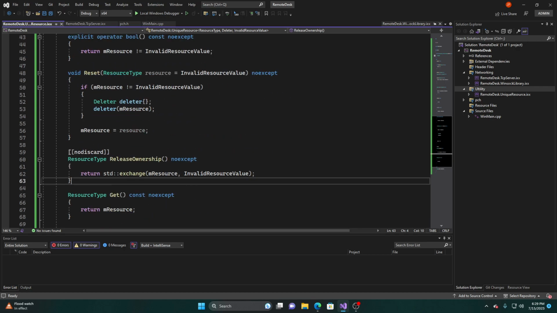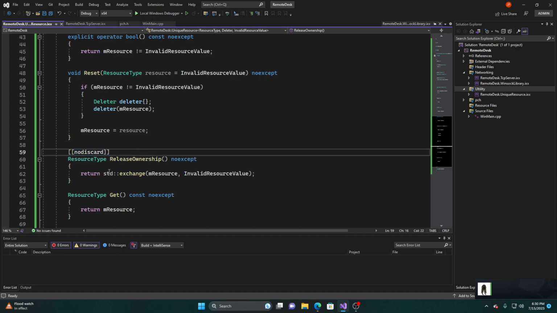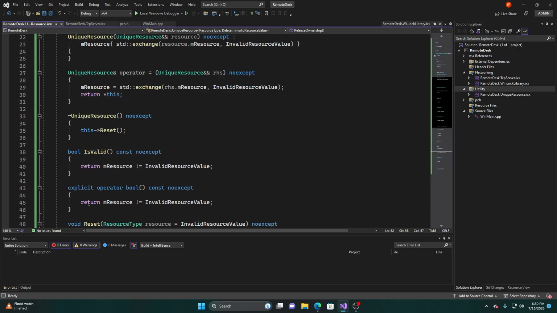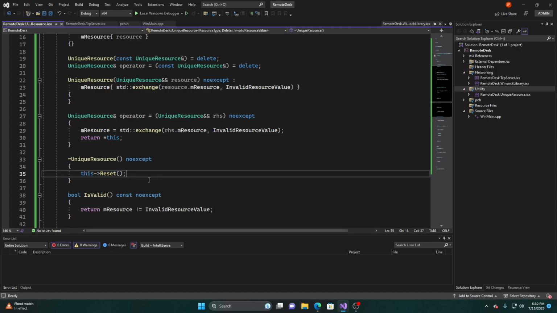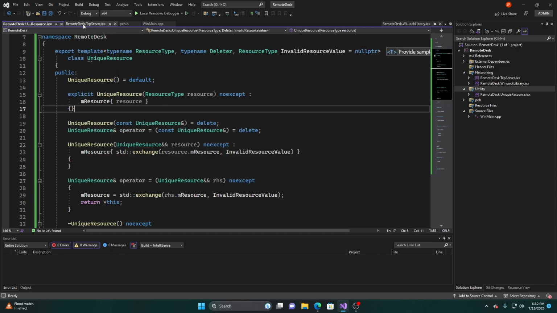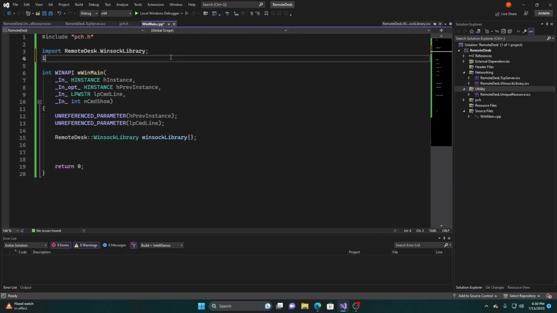So this takes the responsibility off of me if, later on, this class has no responsibility for what happens after release ownership is called, and you cannot make that more clear than by simply saying, I'm giving you the resource and invalidating the one I have. You cannot discard this return value. So, yep, that looks like that's it. Everything else is good. Copy is deleted. Okay. I am going to go out on a whim here and just say that it's good, but just to